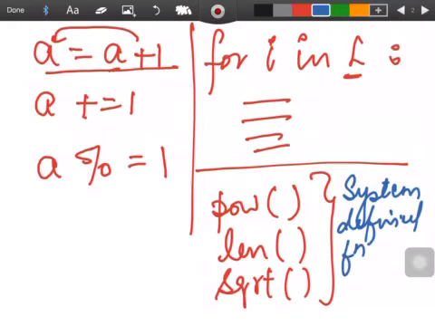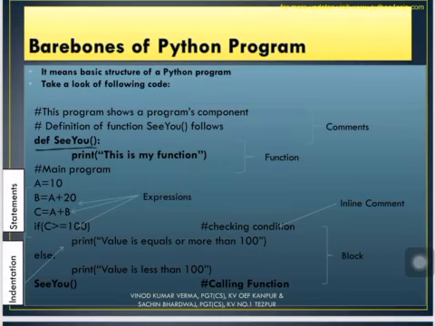System defined functions means the functions which are already defined and there for you to use in your program as per your requirement. Now, system defined functions are basically stored into the libraries. These are the system defined libraries. We'll be going into details in the further chapters. Now, other than system defined functions, we may define our own function also. So the functions which are defined by us or by the programmer are known as user defined functions.